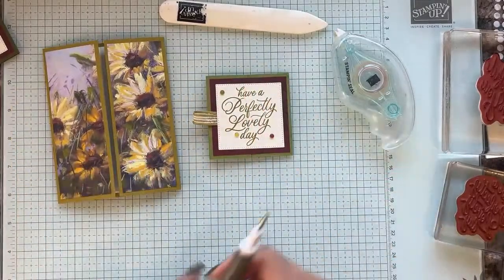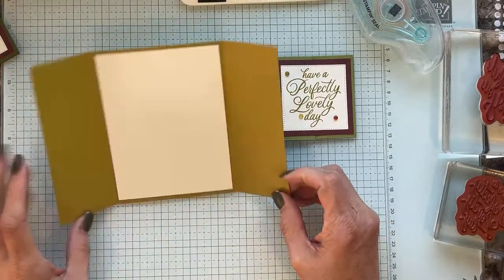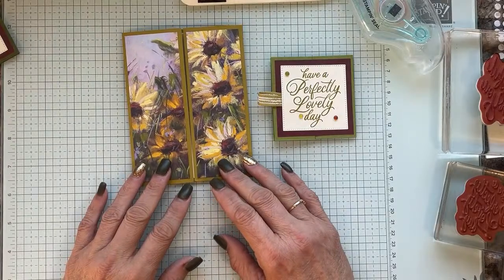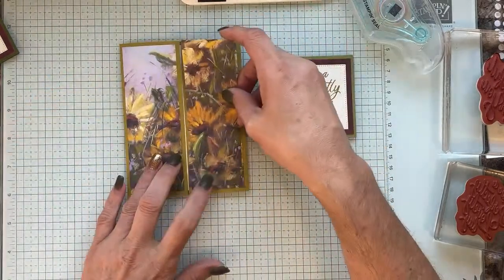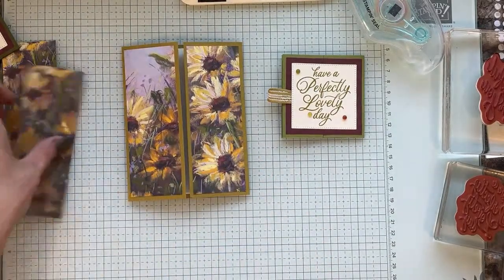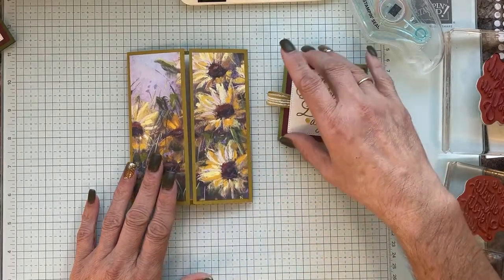All right, so you have that mechanism for your slider portion of the card. Now, you'll go ahead and insert the piece of, I think it's very vanilla, to the inside of your card. And this is a panel fold, I believe it's called. If not, that's what I'm calling it. And then on the outside of your card, you should have layers. They are either sequenced or they're the same. Because I tried to, like these two are the same, no big deal. So if it's sequenced, then try and do it together. Doesn't matter either way how you do it. And those are flush to your card. And then when you're done doing that,